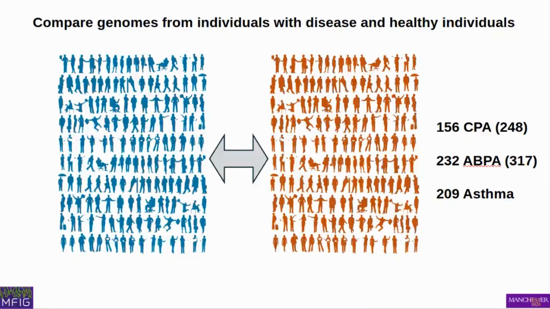So this is round about back in 2012. This is a lot of people for an aspergillosis study. It's not really very big for a genetic study, but in terms of the number of patients who come through the Aspergillosis Centre, this is quite a lot of people. So we sequence the genomes of all of the people who come through the Aspergillosis Centre, and we compare them to our control groups, healthy people, people with asthma, and so on, comparable conditions. This is a lot of data, and it's very difficult to interpret.